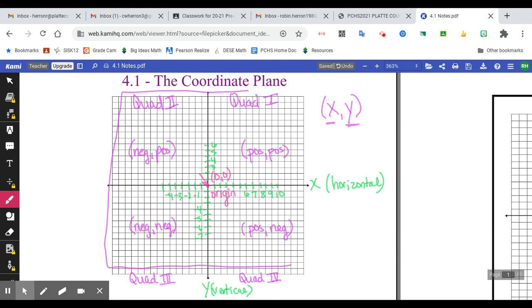So when we're talking about graphing, this entire thing is called the coordinate plane. It's broken up into quadrants 1, 2, 3, and 4. You always read it from x and then y. X is our horizontal axis and y is our vertical axis. And then of course the origin is in the middle. So using this to help us,